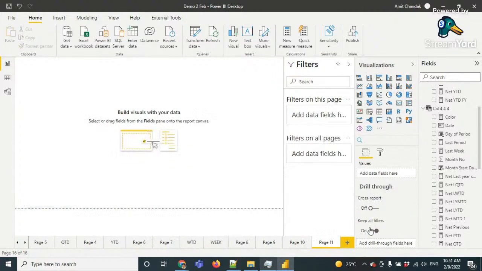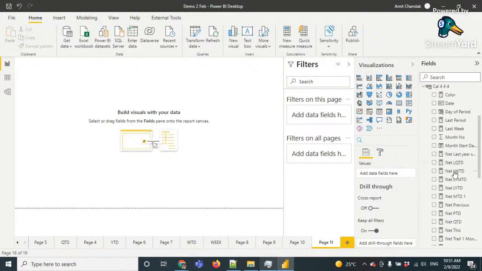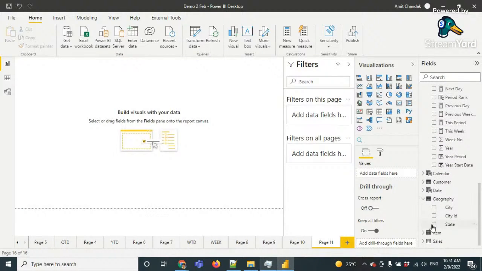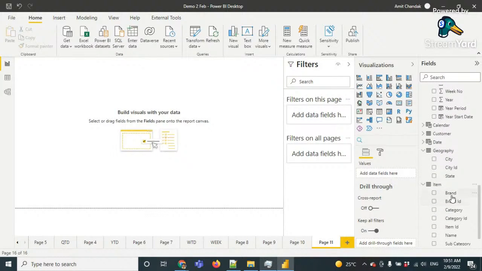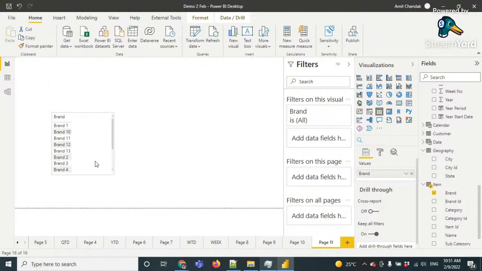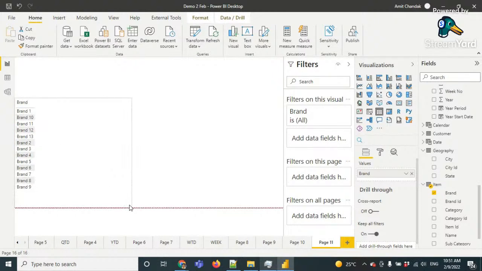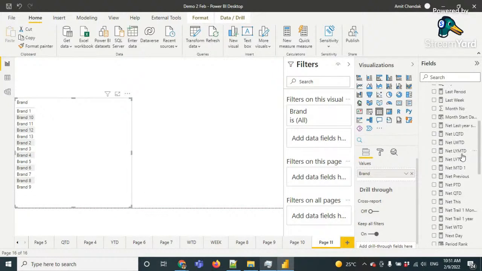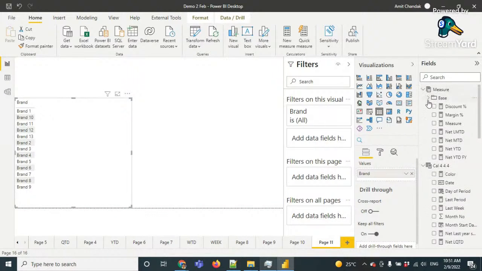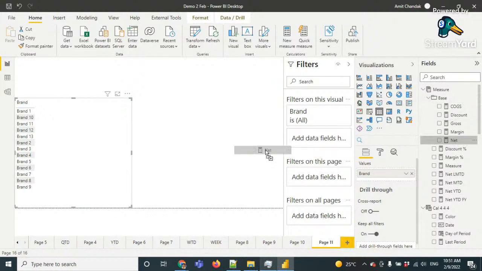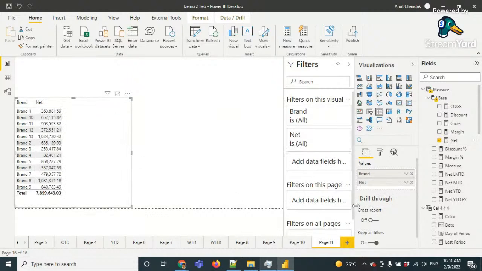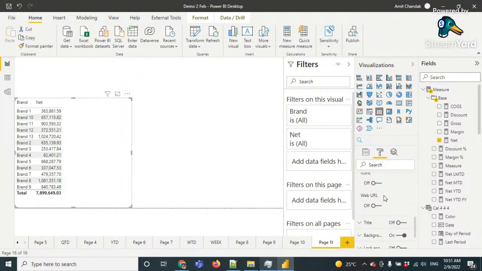Let me create one more visual here, and let's try data bars. So we create brand wise, and by default, if you drag a text column onto the empty page, it's going to create the table visual. Now we created this one. Now we go back to the conditional formatting, and in the conditional formatting we are going to try out